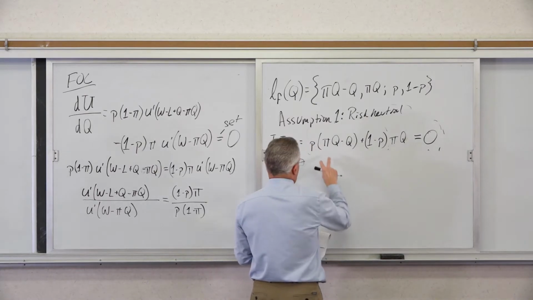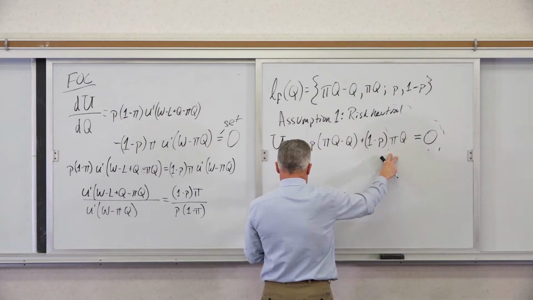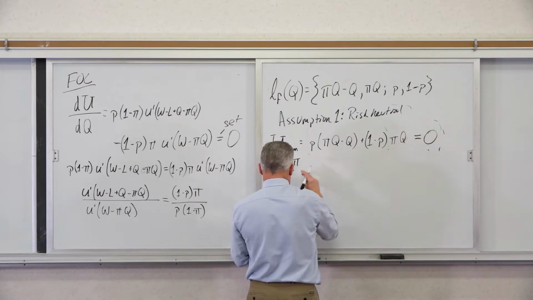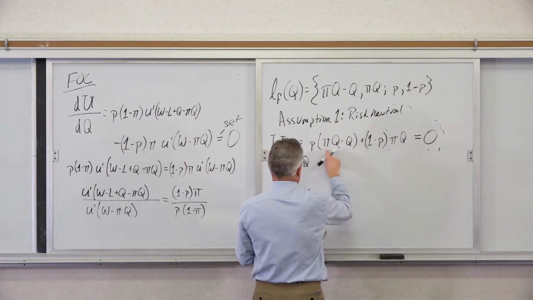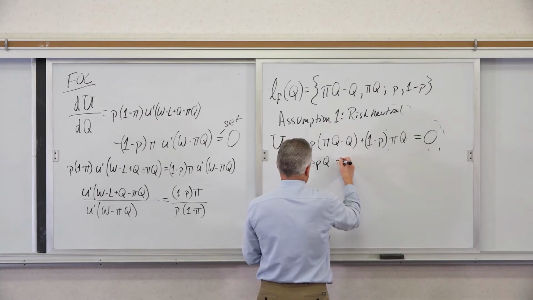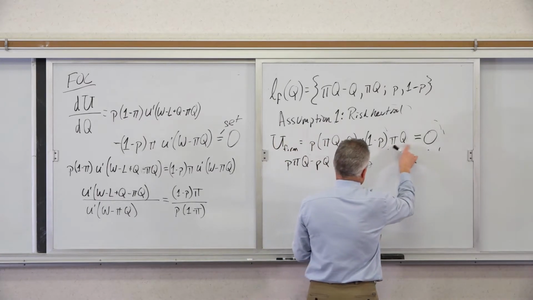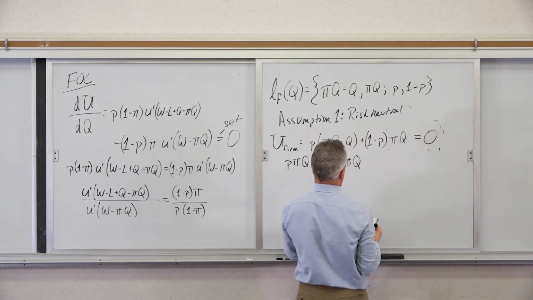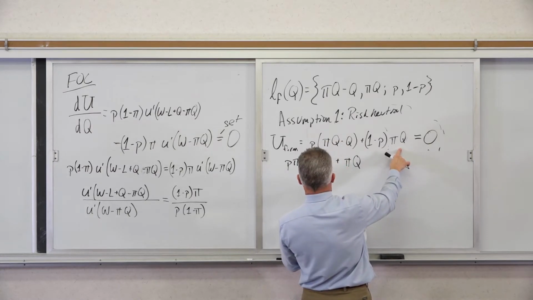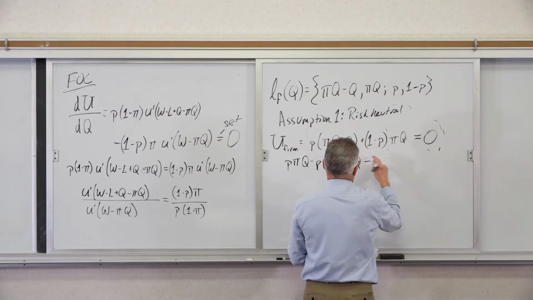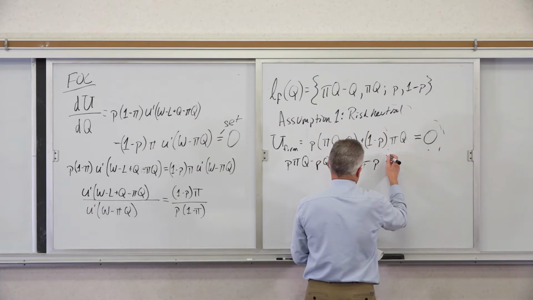And what that tells us is that this must be equal to, I'll do this step by step, P pi Q minus PQ plus pi Q, and then finally P pi Q minus P pi Q